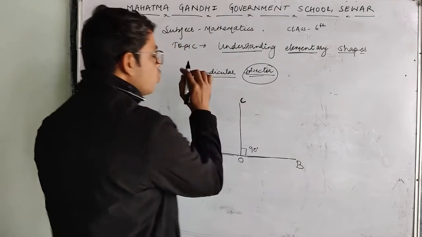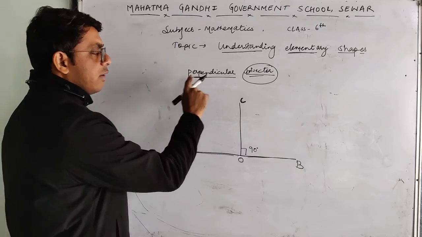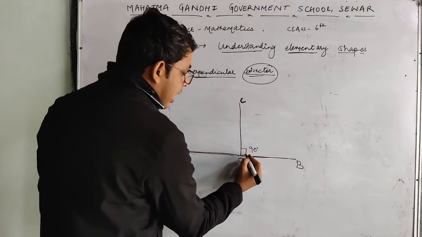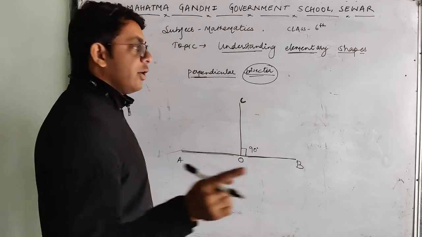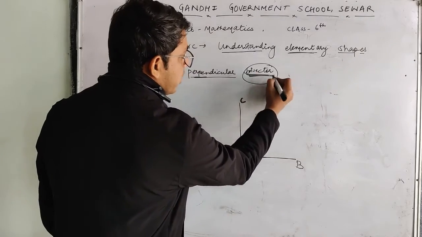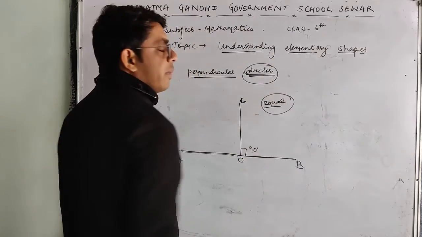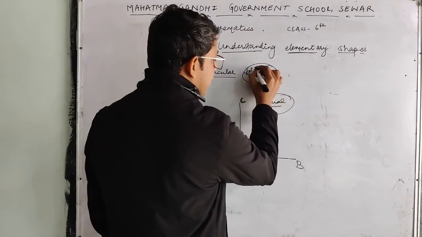So there are two conditions for a perpendicular bisector. One is that it will make a 90-degree angle with the line, and it will also divide this line into two parts which should be equal. Perpendicular bisector. Bi means